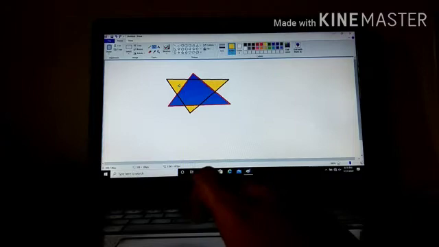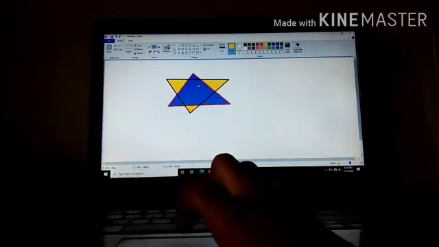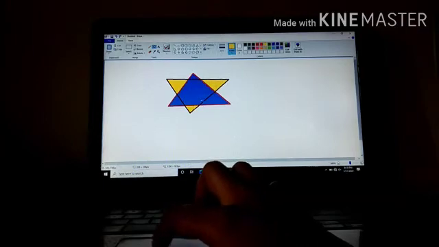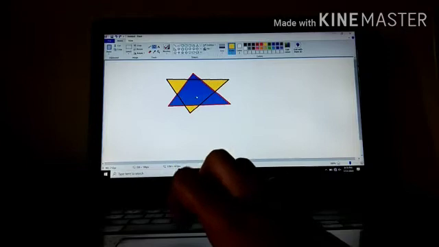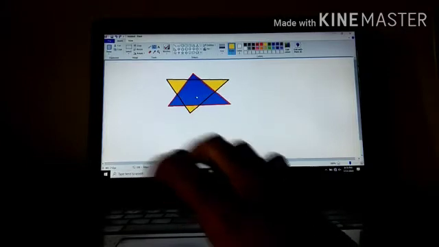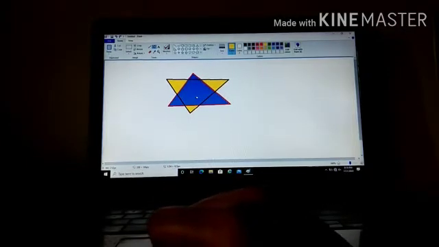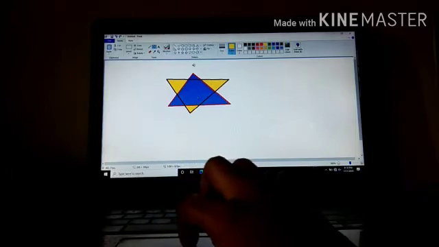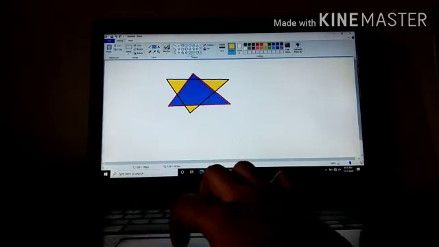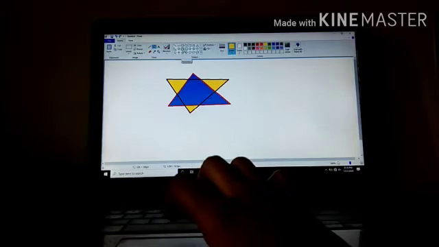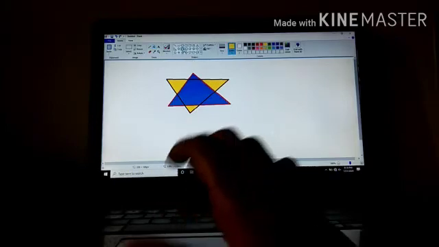Okay. Now this is one method where firstly you have drawn the shape and then you fill the color. But there is one more method where you can draw the shape with the color. Are you getting what I am saying? In the first method, we selected the tool, we drew everything, and then we filled the color. In the second method, we will see we can draw the shapes with the filled color.